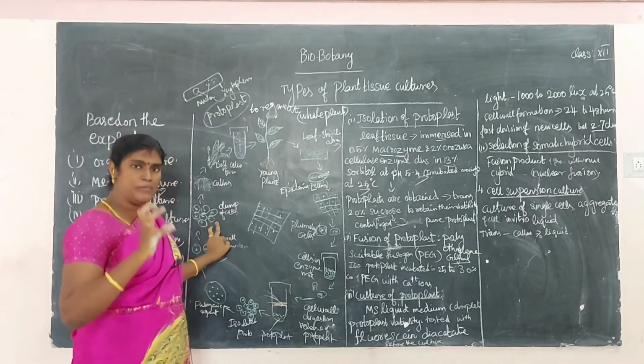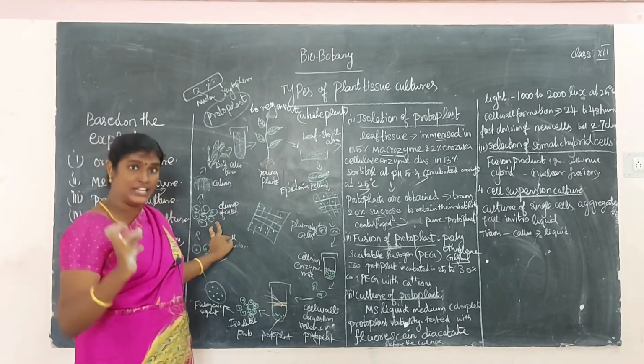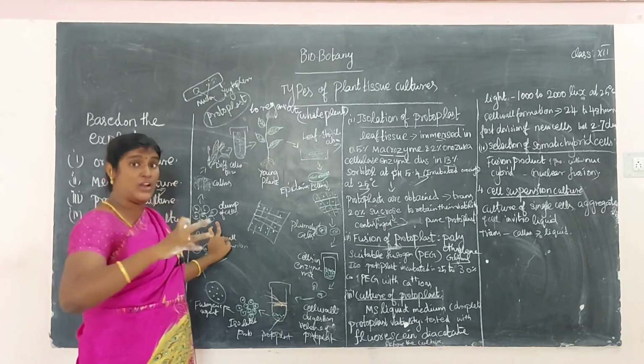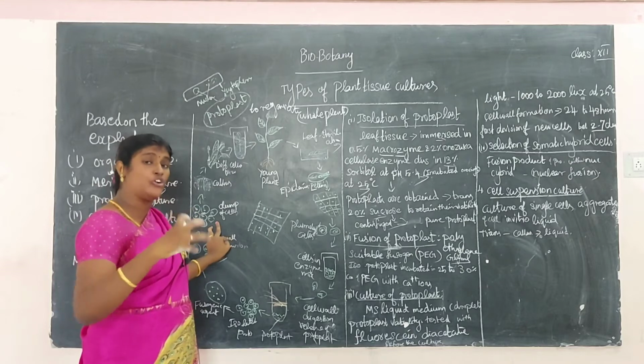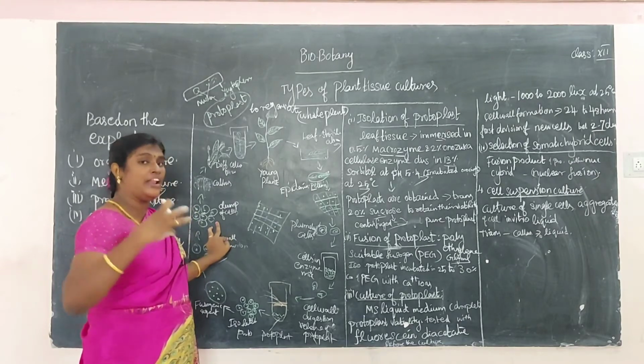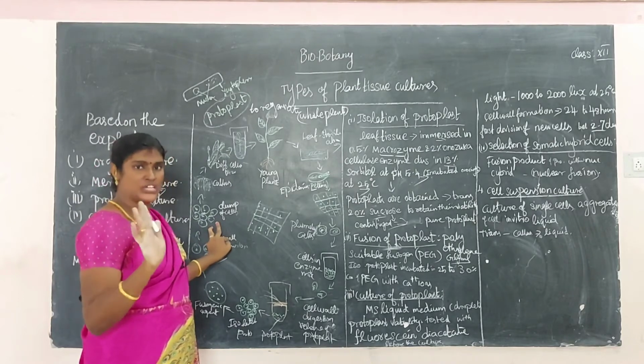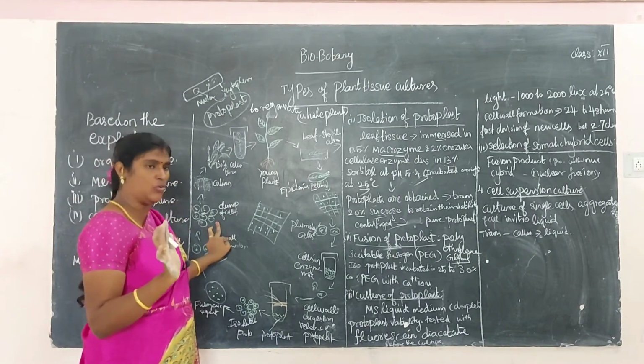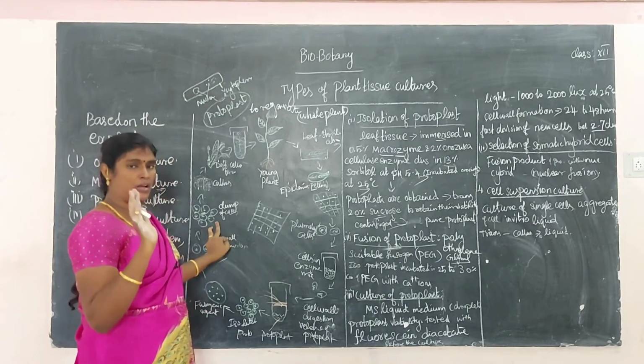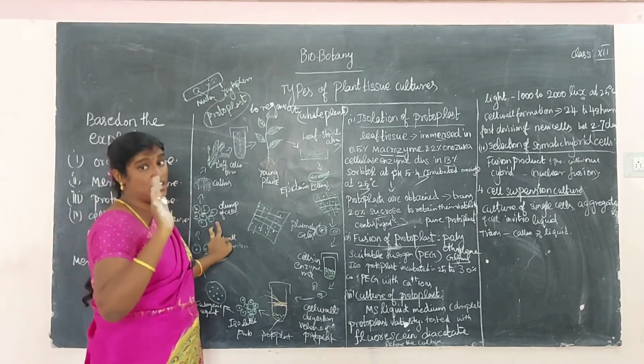So culture medium is totally an artificial condition. It is away from the normal environment. Only you have to apply some temperature, light and incubation. So all the things are artificial. Everything is artificial in the culture medium. Okay? For example, mainly used in the culture medium is MS liquid medium.